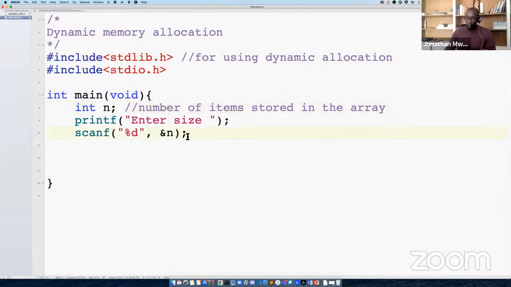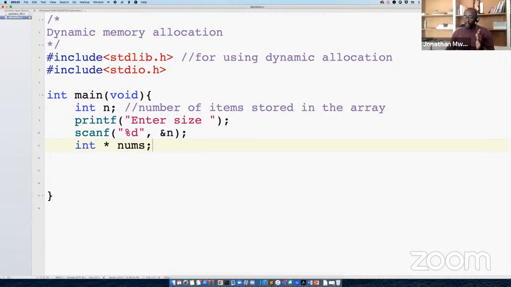So what we said is we want to get this memory from the heap. So we can say int maybe names. Remember, we have to declare the pointer, and the work of this pointer is to store the address of the first byte of this block. Let me repeat that.